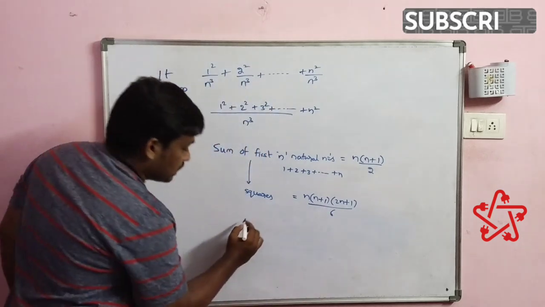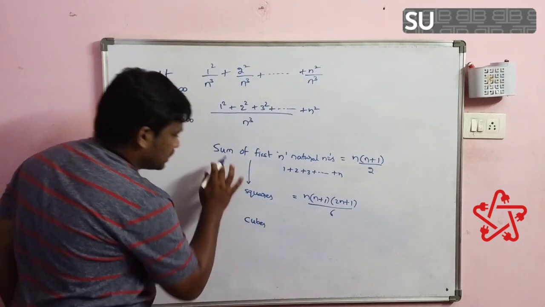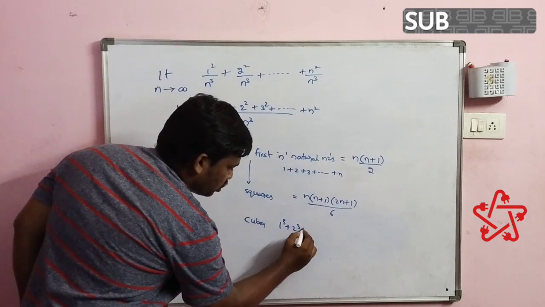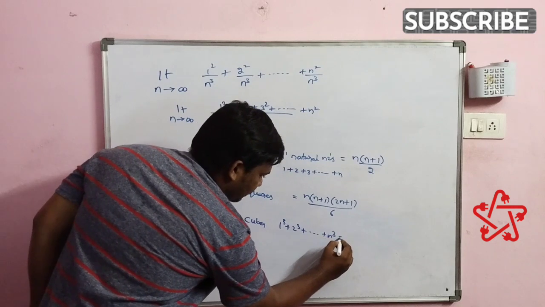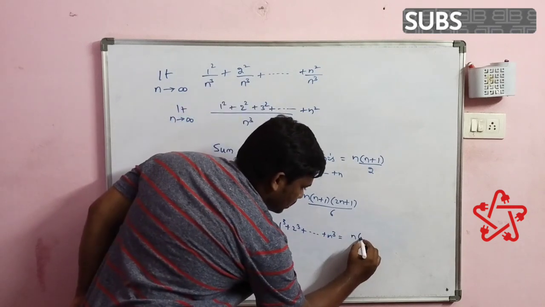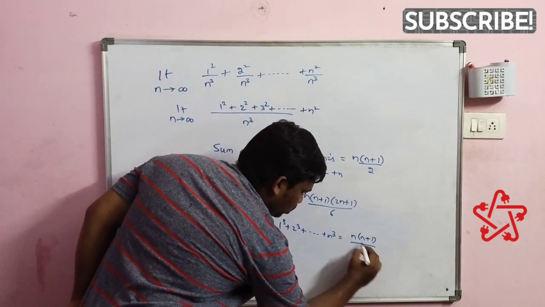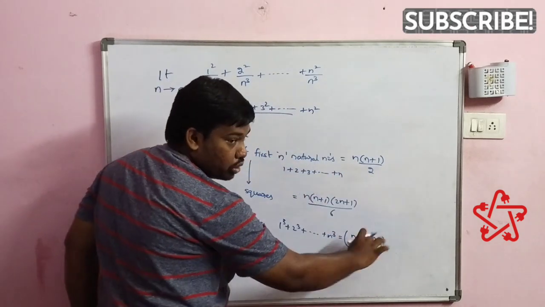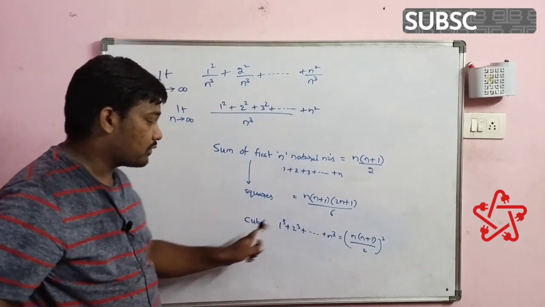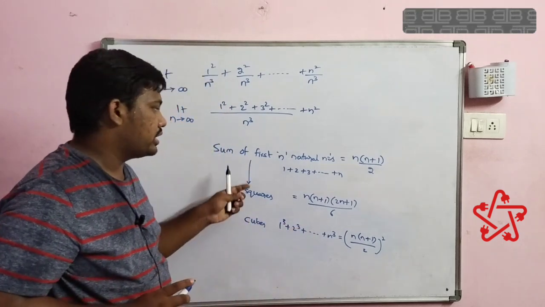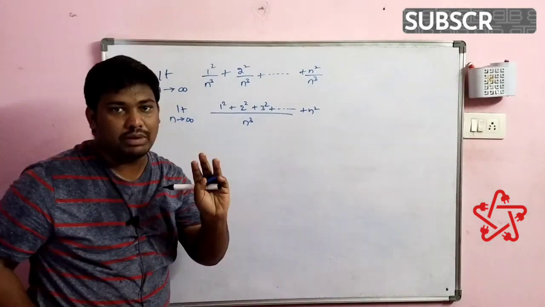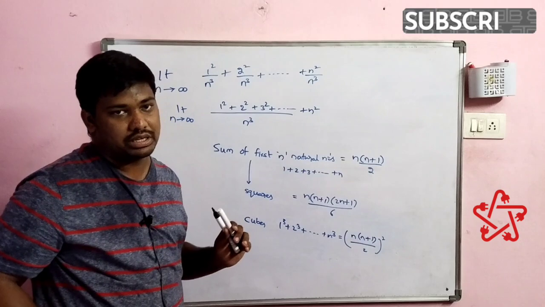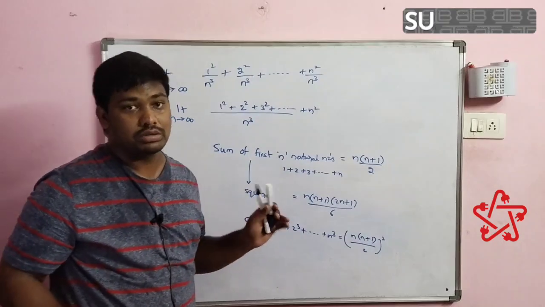Right. Now, sum of cubes of first n natural numbers, that is 1 cube plus 2 cube plus so on till n cube. The formula is n into n plus 1 divided by 2, whole square. That is the answer for sum of cubes of first n natural numbers. These 3 need to be remembered at any cost because they will be helpful in your future also. So please remember these 3. If you know these 3, you will be able to solve some of the problems.